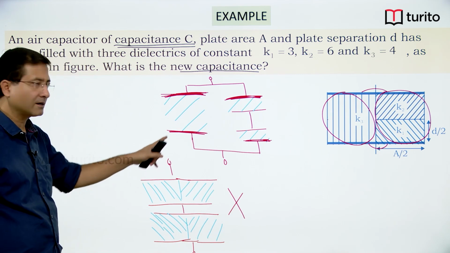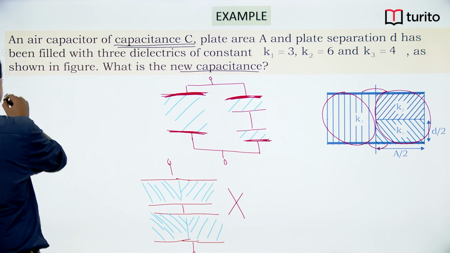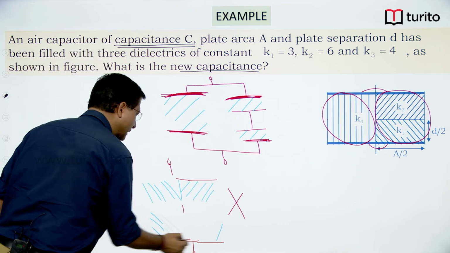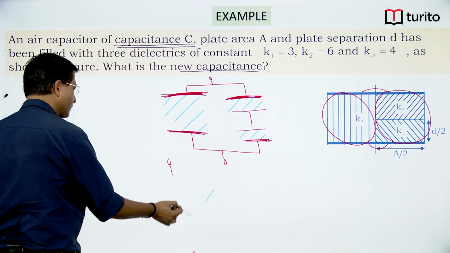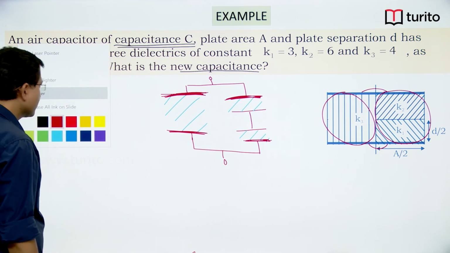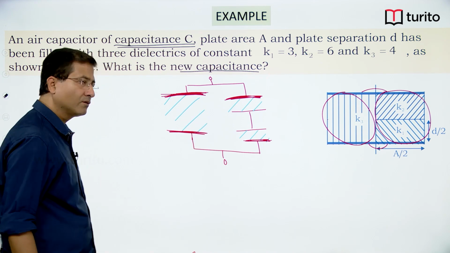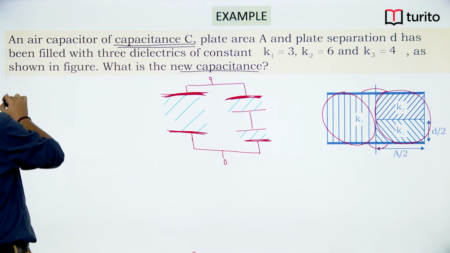I hope this is clear why we are drawing it this way. So this one is wrong. So be careful while visualizing capacitors when there are multiple dielectrics placed inside. Now the only thing we have to do is simplify. So if I just remove the dielectric for the time being